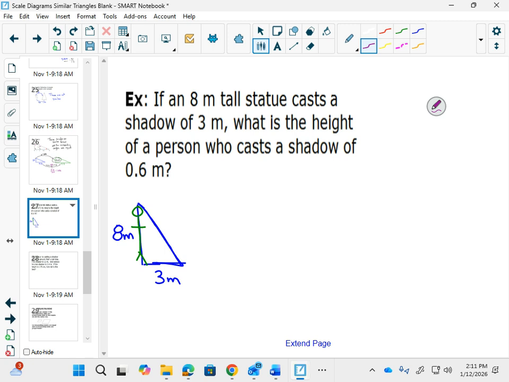There's a statue, and at the same time, there's a person, and their shadow is only 0.6 meters. How tall is the person? These two triangles are similar. Did you know when the sun makes a shadow of things standing up, it's going to make the same triangle no matter what, because the sun, the shadow. If I draw a sun here,